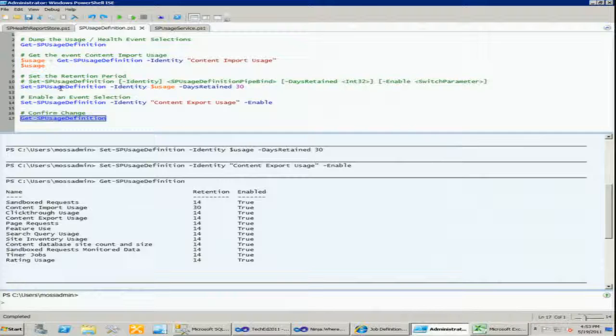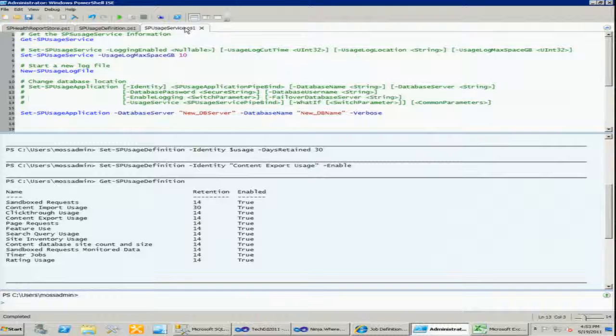So now you have to notice that the content import is set to 30 days, and that the content export is actually set to enabled. So that's the enabling and disabling of events, allowing longer periods of data. Some of the other stuff that's more at a higher level, or more at a configuration level for the actual application, if you will, is more getting the SP service usage,